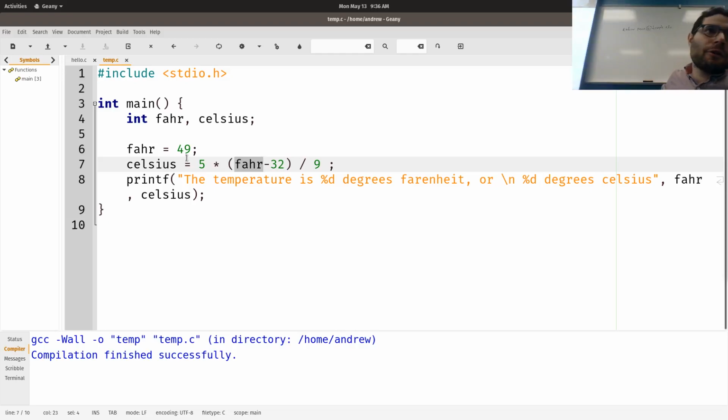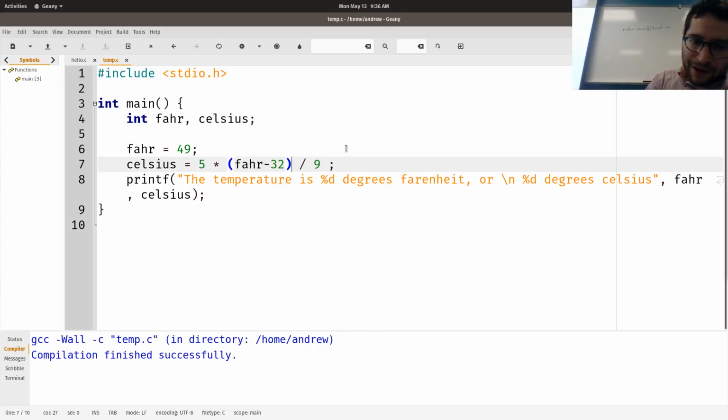Now, if you remember your order of operations from mathematics, which is why there are these math prerequisites, because we do rely on you knowing your order of operations, then the first thing you do is what's inside the parentheses first, right? The same order of operations that exists in mathematics exists here. So you do Fahrenheit minus 32, which would be 49 minus 32, which is 17, times 5, which is some big number. Let's see, that's 50 plus 35, so 85. And then 85 divided by 9.